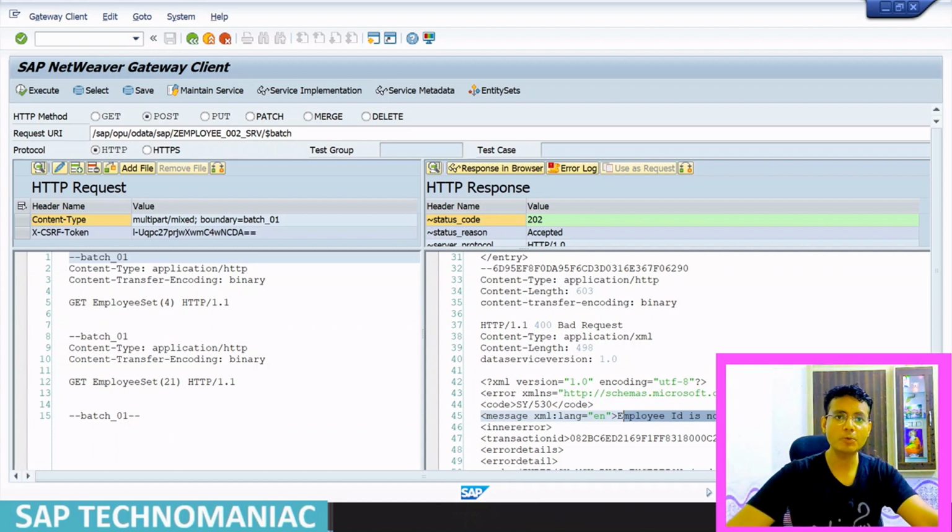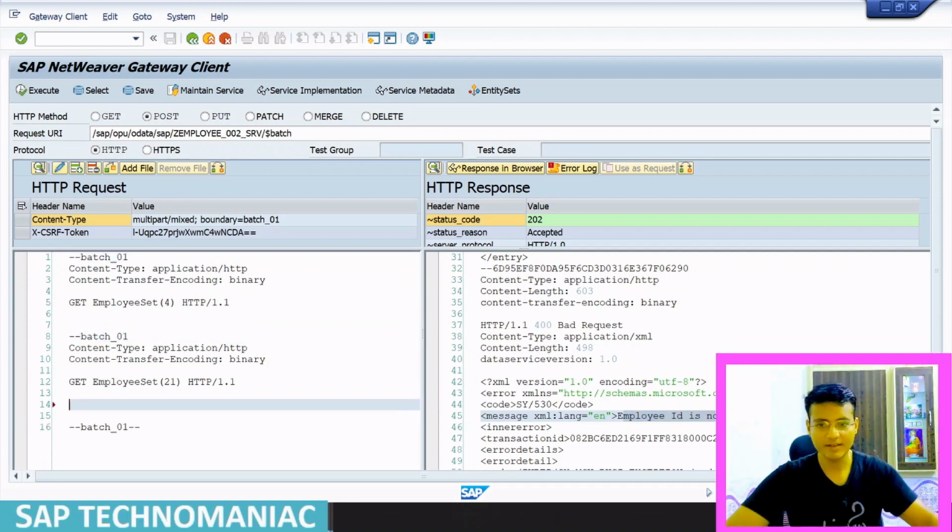For that purpose you have to use change operations. It is a little bit different than getting data, not much difference. So the same way, we have to start with the batch. I will write another query continuously, so we can see how we can do delete, create, and the read operation